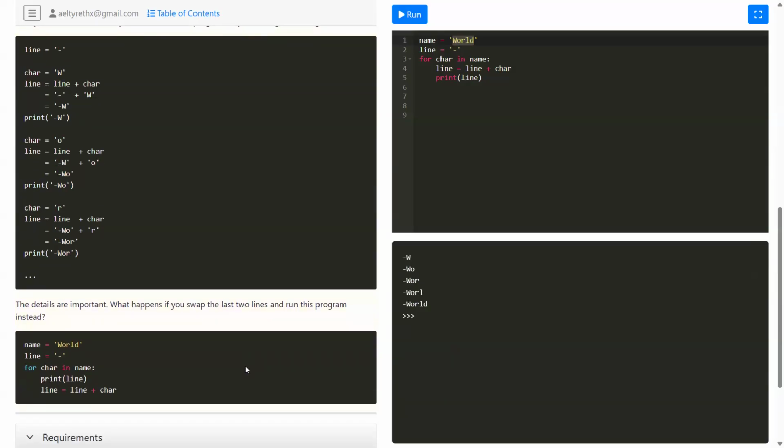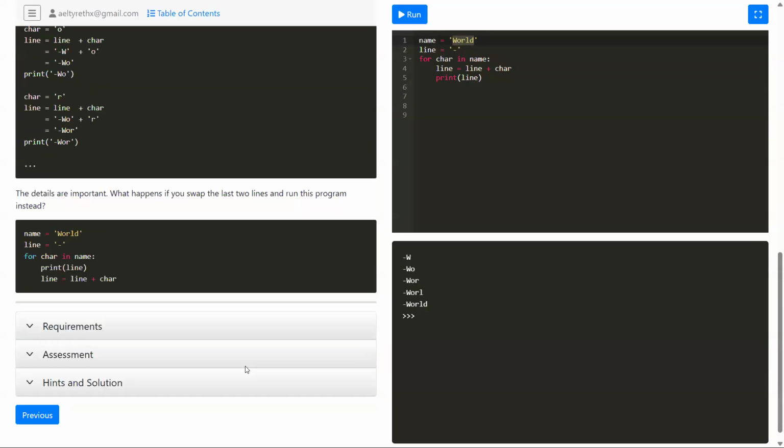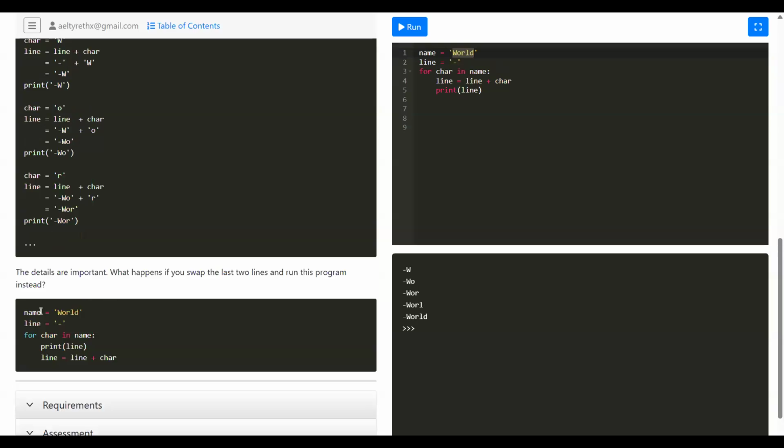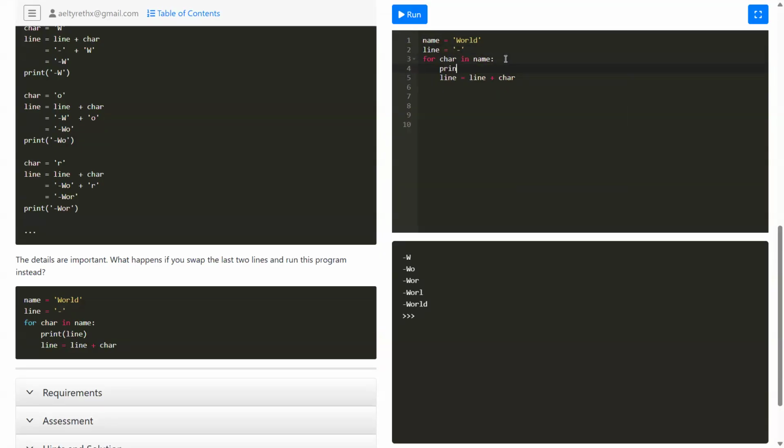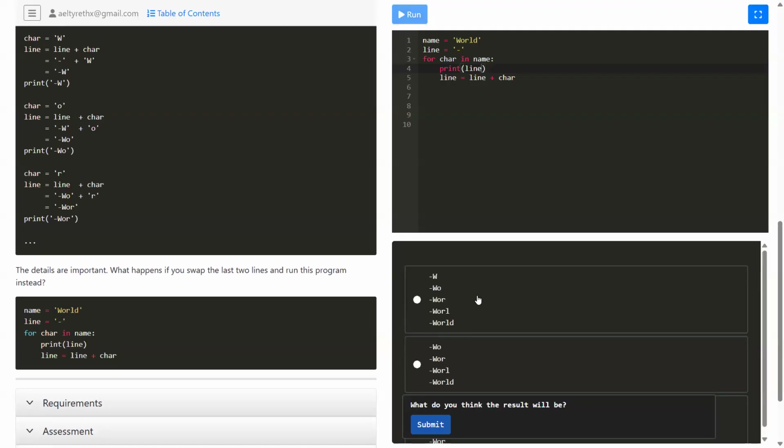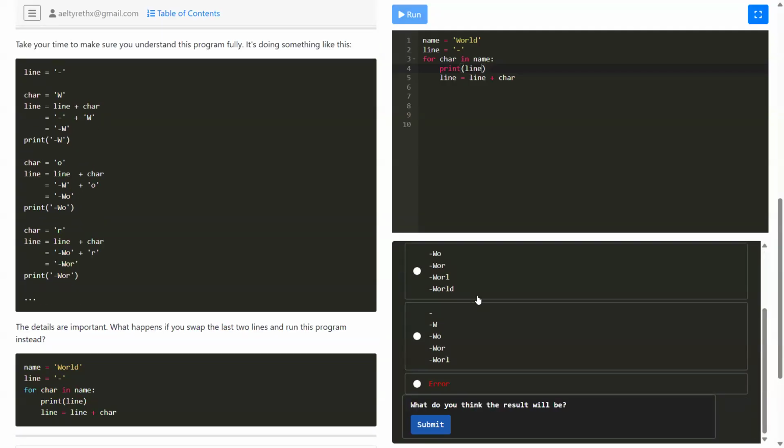So here we can see the details are important. What happens if you swap the last two lines and run this program instead? So swapping. Okay,